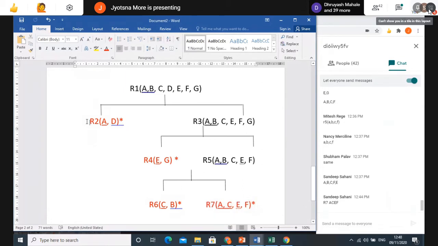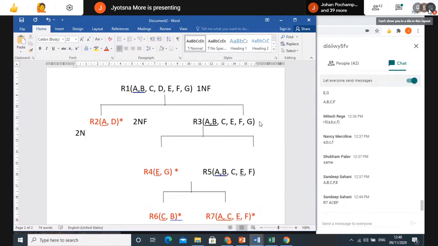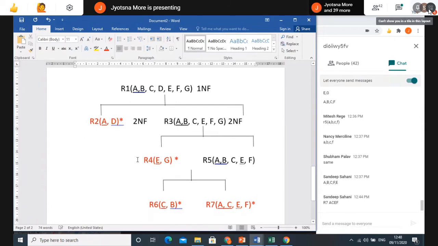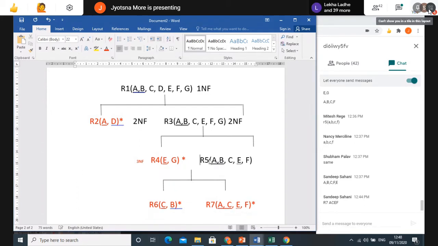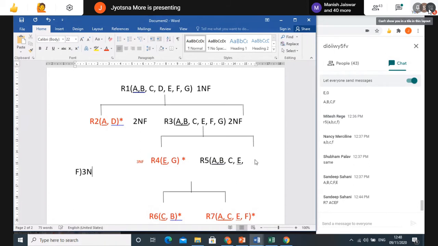Next to this, if you want, further you can do one more thing. Here you can mention next to this 1NF. It is in 1NF. Next to this, you can mention somewhere that this is in 2NF. Again, this part I can say in 2NF. I'll just adjust it. Then these parts are in 3NF. So I will say 3NF. You can write it properly. I'm just adjusting as per my space availability now.